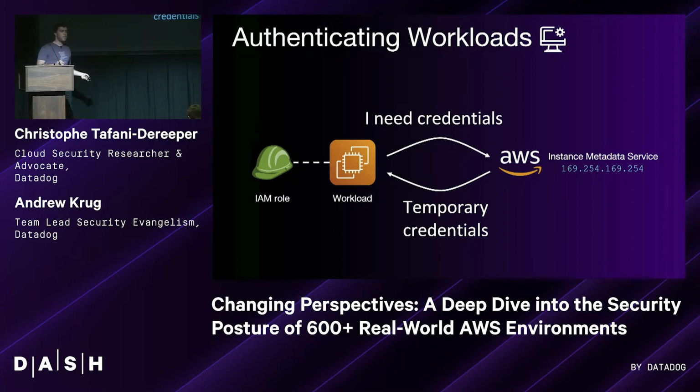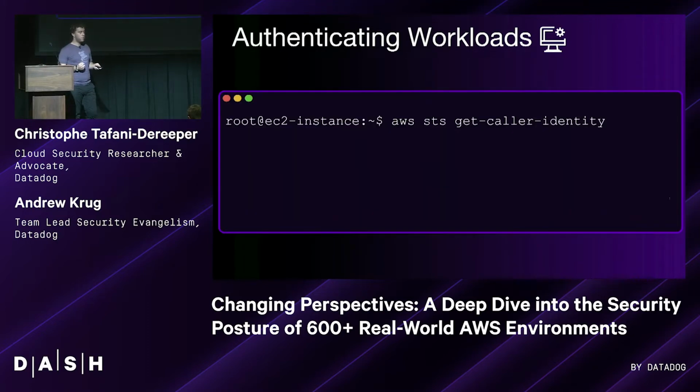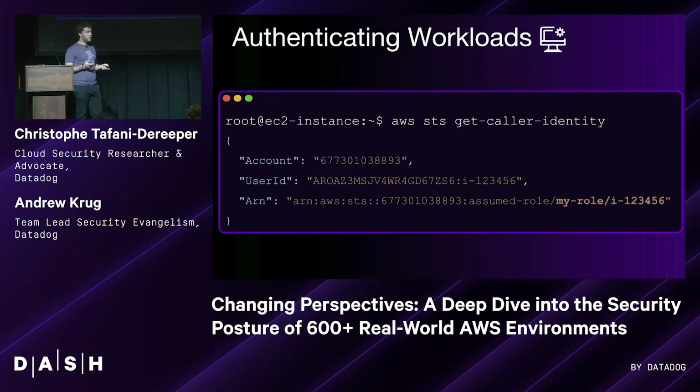If you use the AWS CLI or the AWS SDK, you're not even going to see it, but this is how it works. So let's have a look. If we connect to an EC2 instance that has a role attached, and we run aws sts get-caller-identity, which is basically the "who am I" for the cloud, we see that we are authenticated as my role, with the role instance name being the